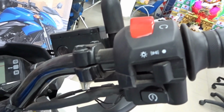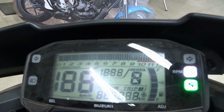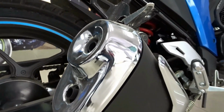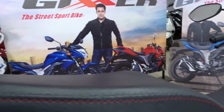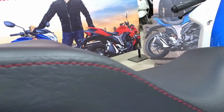Now the Gixxer also costs less when compared to the FZ, but offers more fun with better pickup and acceleration. The Gixxer is the only bike in the entire segment to get a twin port exhaust, which sounds great as well. It offers lower seat height than the FZ and the Hornet and is therefore more suitable for shorter riders. Now, talking about the cons of the Gixxer, the build quality isn't as good as that of the Hornet